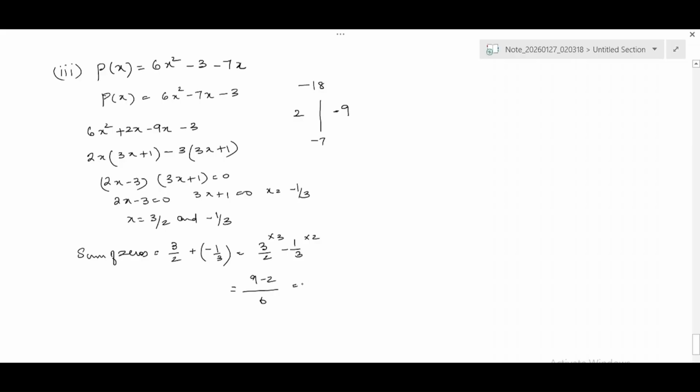That is 7 by 6. Now product of zeros is equal to 3 by 2 into minus 1 by 3. When you multiply, the 3 and 3 will get cancelled, so it is minus half. Now for the coefficients,